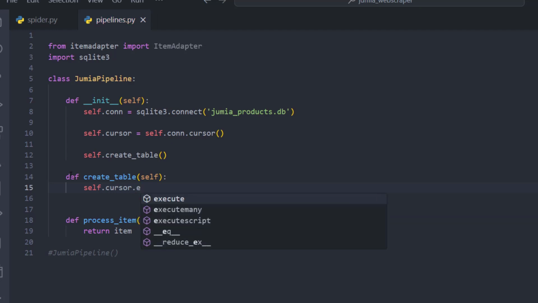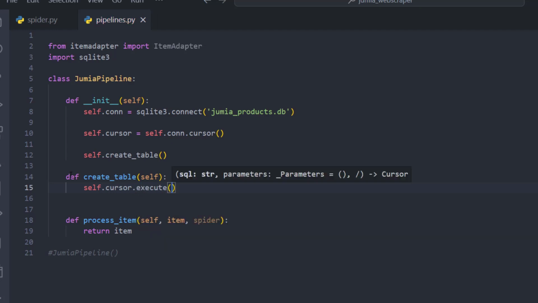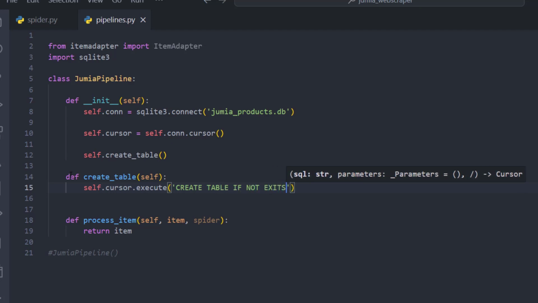So execute. I'm going to execute this command, and I'm just going to pass some SQL commands. You're going to pass the create table command. So create table if it doesn't exist, we're going to name our table products,